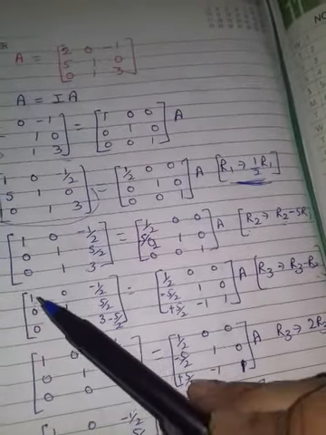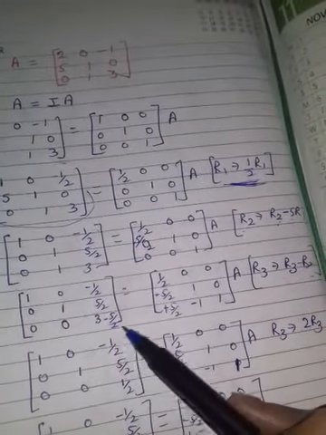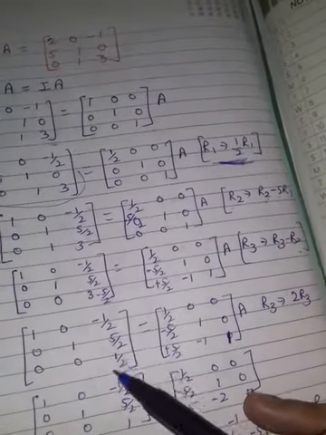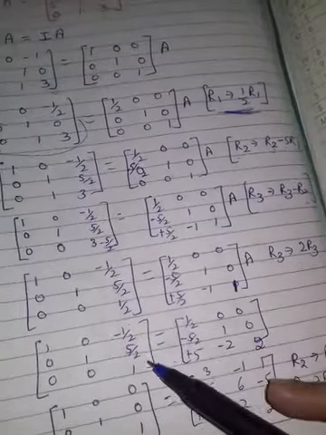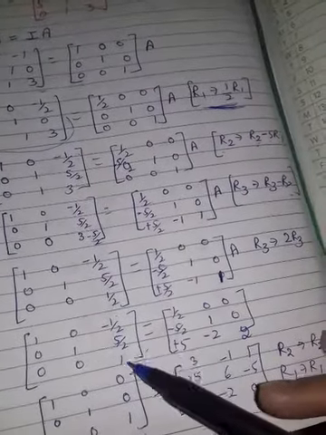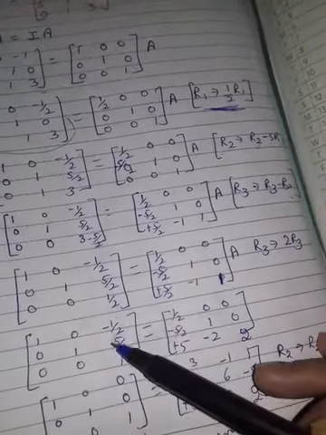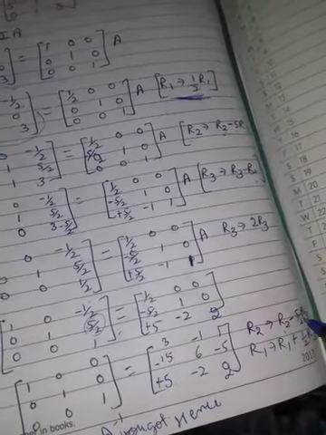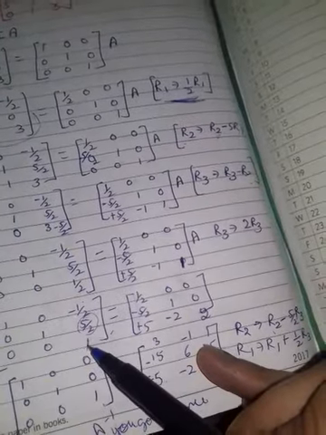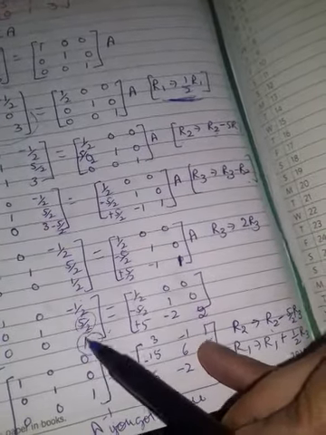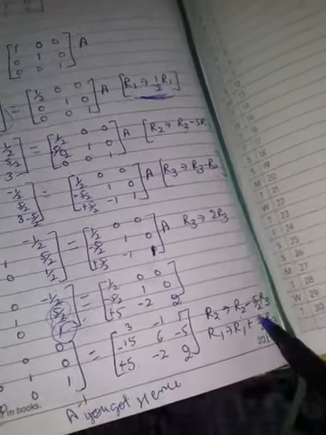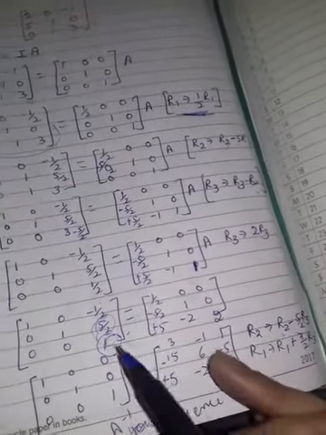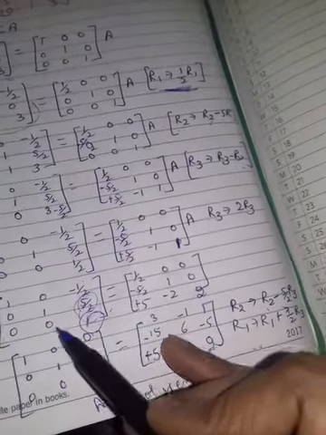Then you know now you have to make it 1. 1/2 you are getting after solving. Then you have to multiply it with 2. Clear? Then what will you do? You have to make it 0. So what will you operate on R2? With R3, because whenever you get 1, it is very easy to multiply with that number and subtract here. If there is already a subtraction sign, then you will add it. Then you will get 0 here, but it doesn't affect.